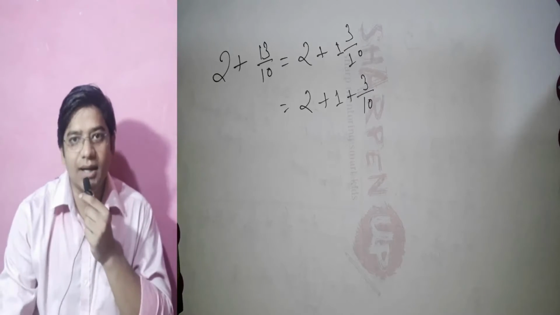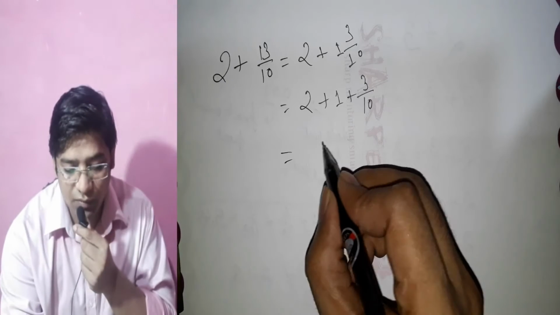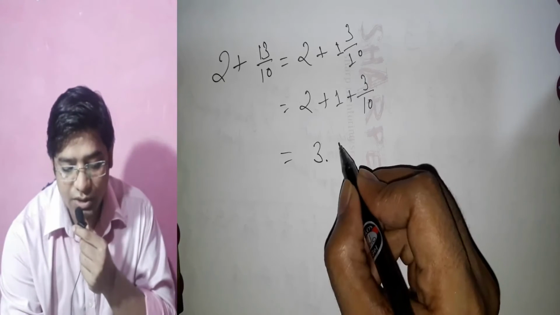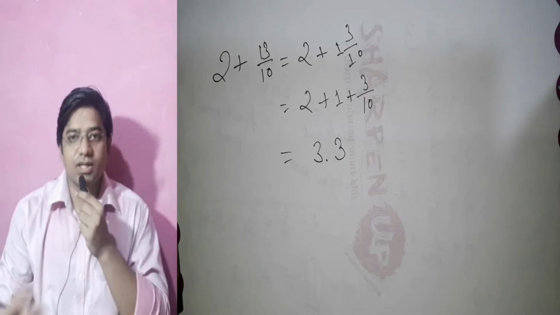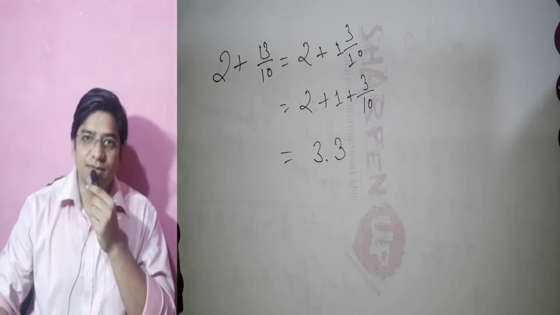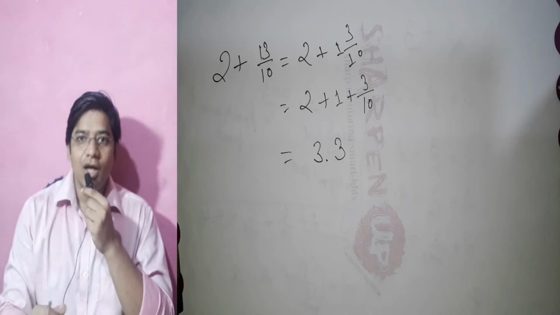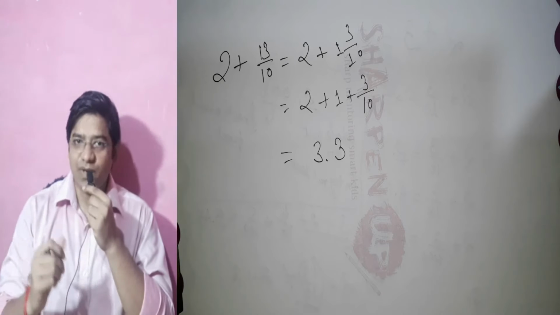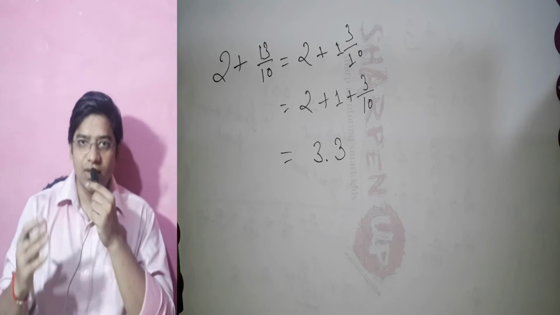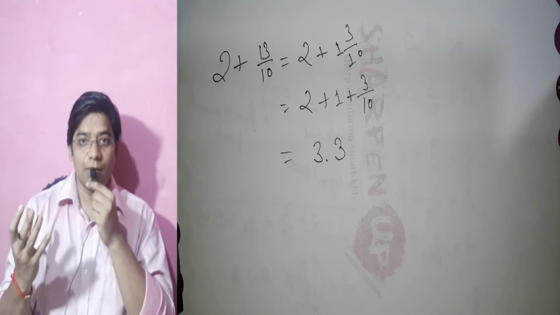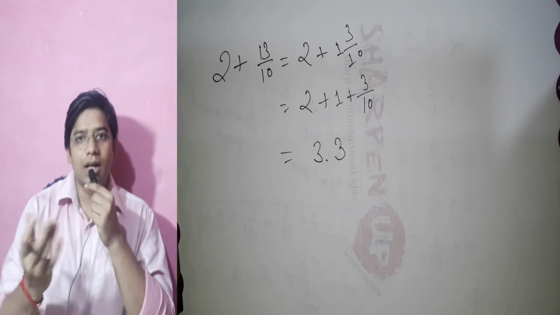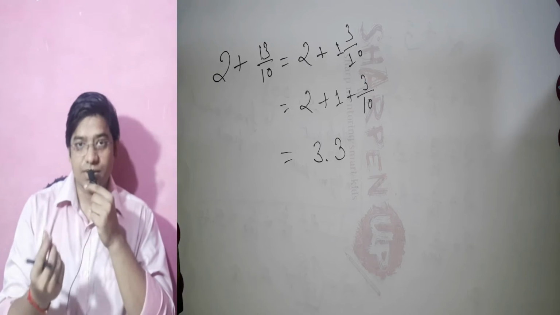So now we can write this value in decimal form like 3.3. So that's how we can write our decimal numbers. So now we know what decimal numbers are and how they are formed. Now let's learn about the place value table. We know that we have a place value table for reading whole numbers.